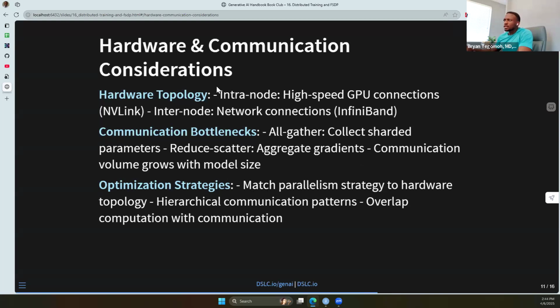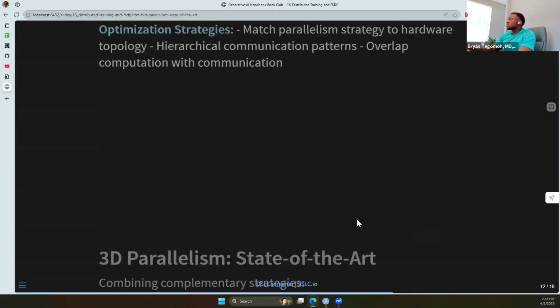So I already shared a slide prior on some of the hardware that goes into these LLMs. I think I shared a slide that showed the different tools, appliances, and strategies that work in synergy